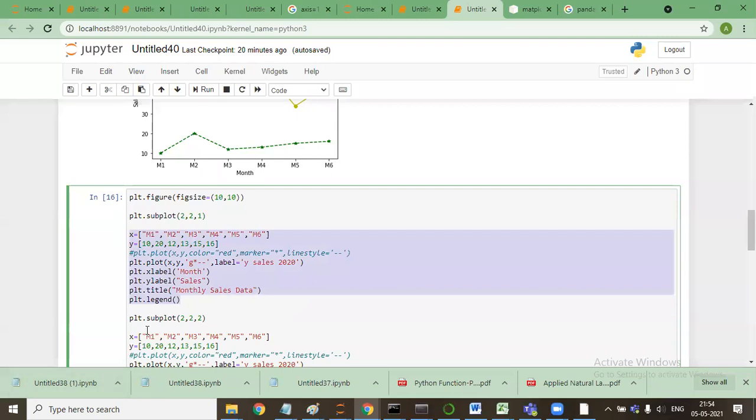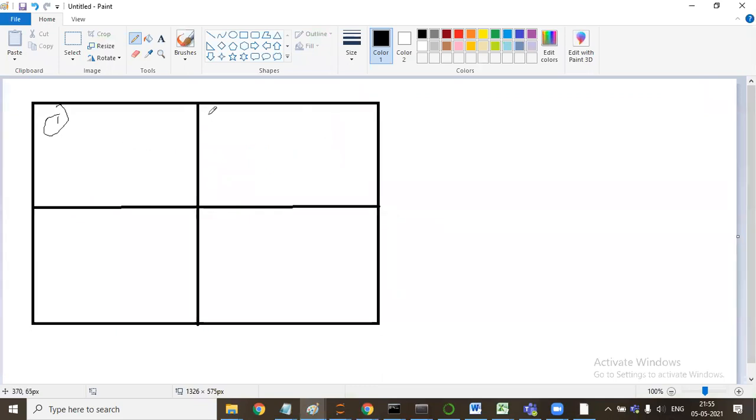So how did you divide that figure 10 by 10 into 4 parts? When I mention plt.subplot 2 comma 2 comma 1, it automatically takes the first 2 parameters and divides the figure into 4 parts, which is 2 rows and 2 columns. And I say 1, which means it will be using this first part, this is second, this is third, this is fourth.